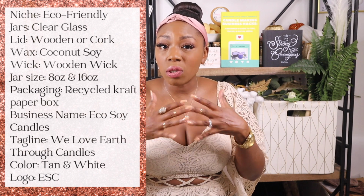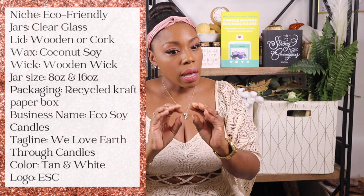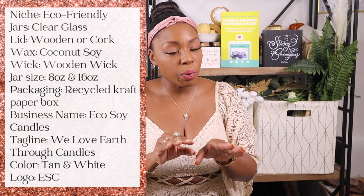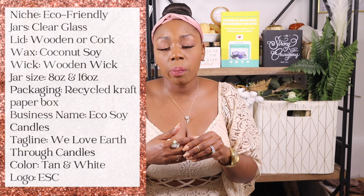And the reason why I picked coconut soy is because I really do like the coconut wax. Soy alone, to me, I don't really like soy because it gives me too many issues that I don't like to go through. So that's why I picked coconut soy, which is very, very easy to manipulate and to work with. And wicks,